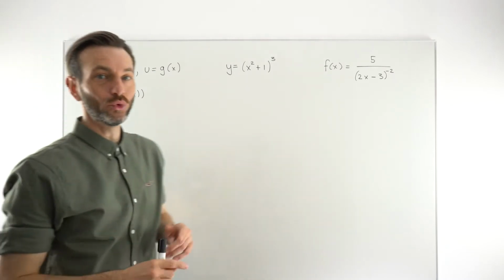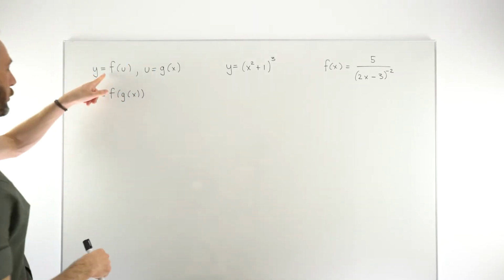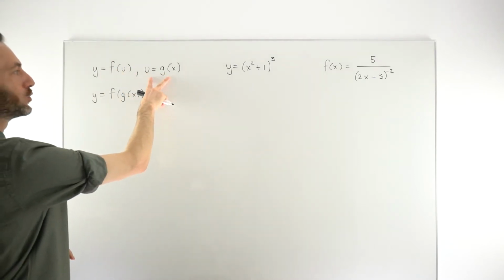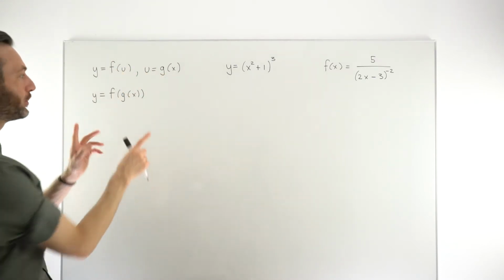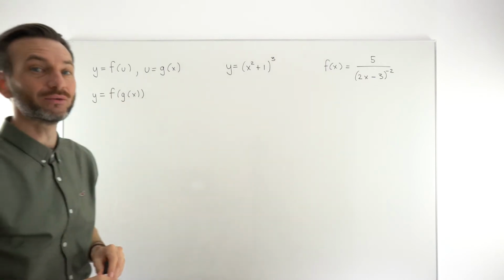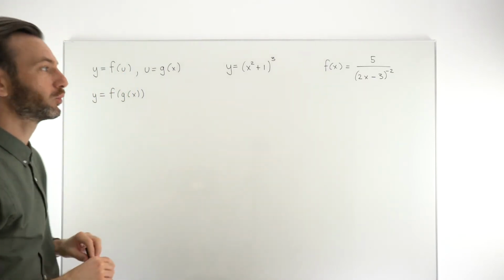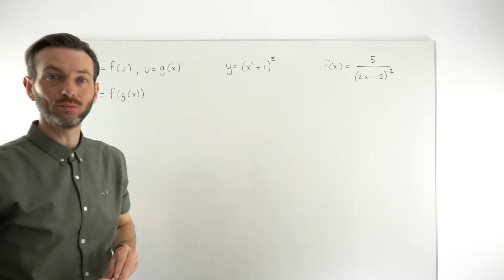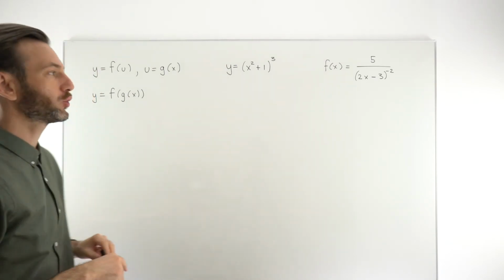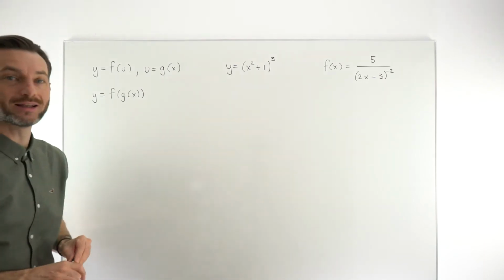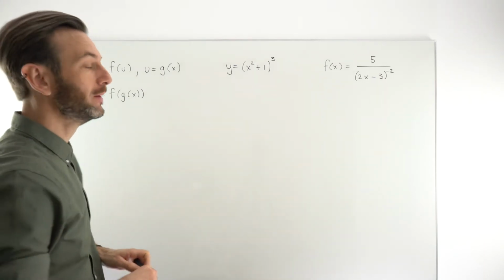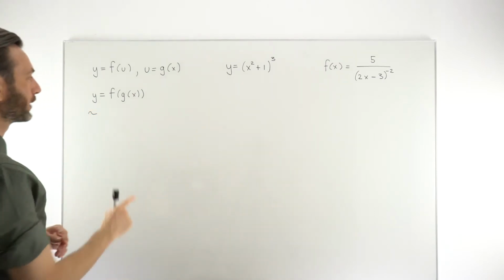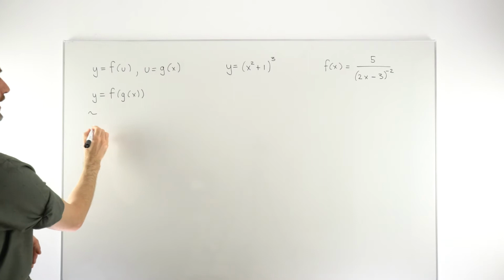Now, there's a rule that tells us that if this original function y is differentiable, and if this function u is differentiable, then the composite function will also be differentiable. That's the first important thing: the composite is differentiable based on its two original functions. Then we can consider how to actually go about taking the derivative. There are a couple of different ways you can think about this, but differentiating this function to get dy dx,